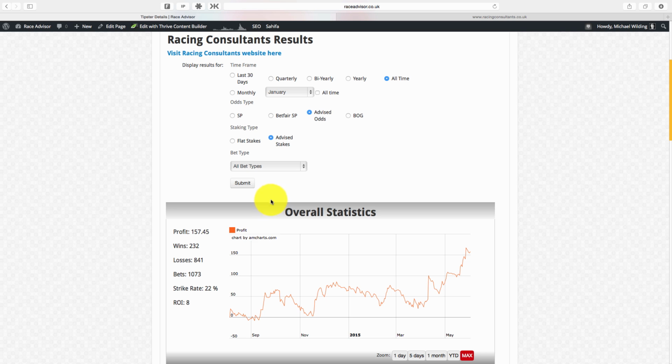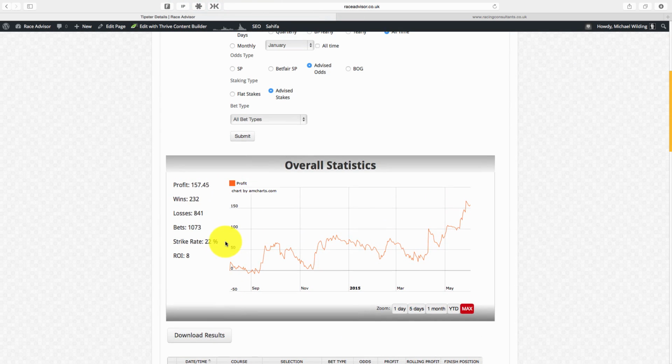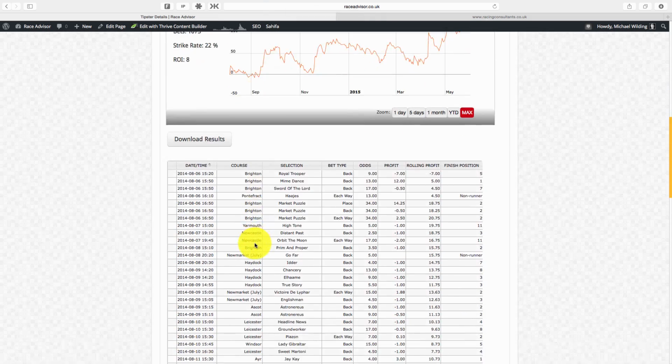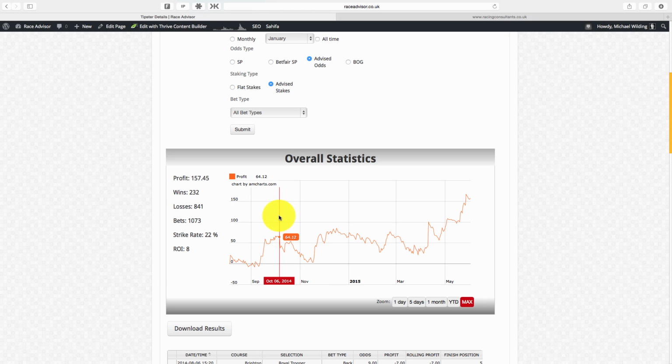Now 157 units profit over the last year to advised stakes. I should also point out that we check advised stakes were available when the selections are sent, so you know that these are odds that are available. And 157 units profit in less than a year, I would say that's pretty good going. I mean, at £10 bets, that's £1,574 profit,